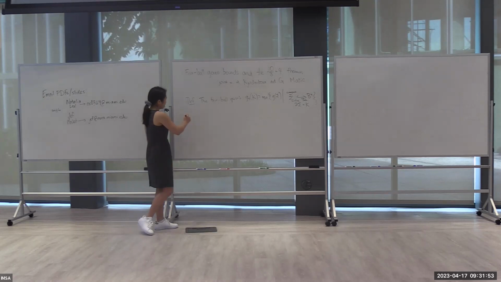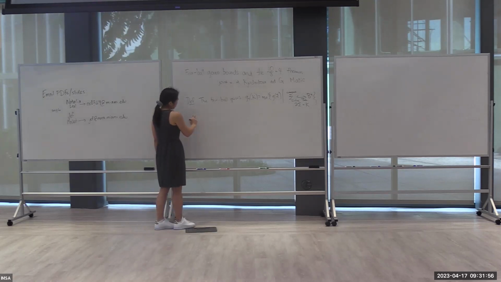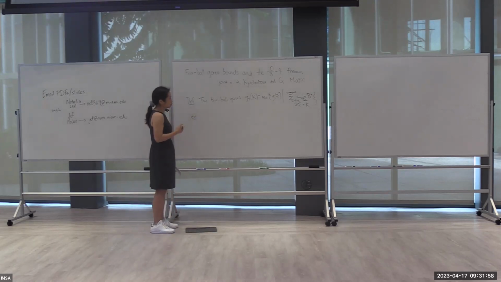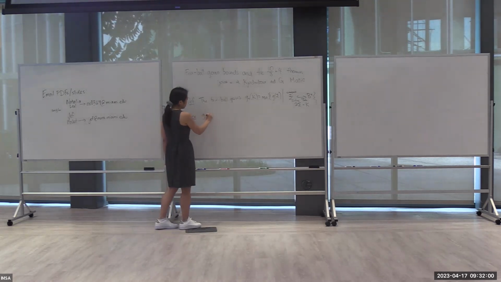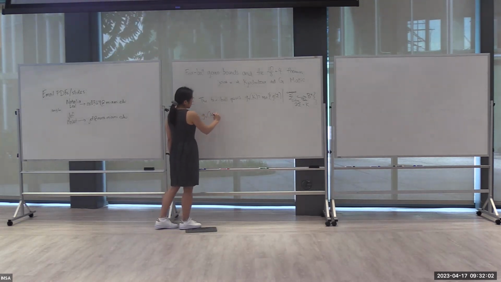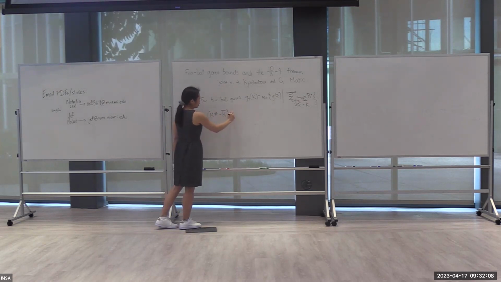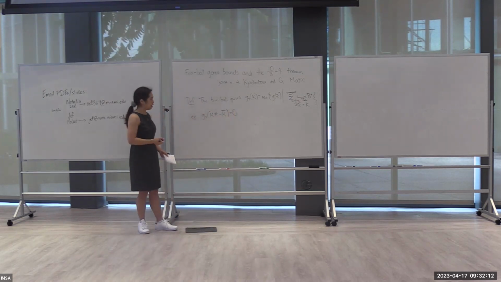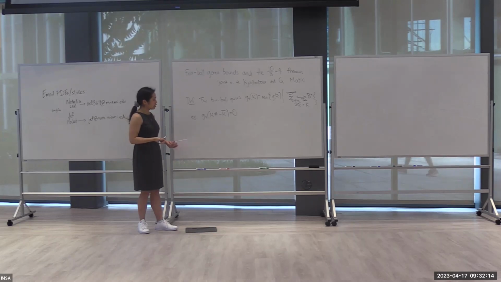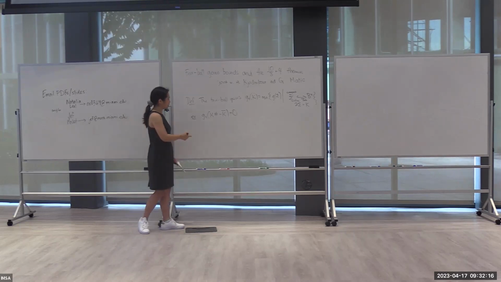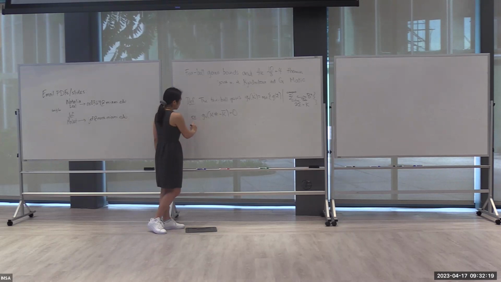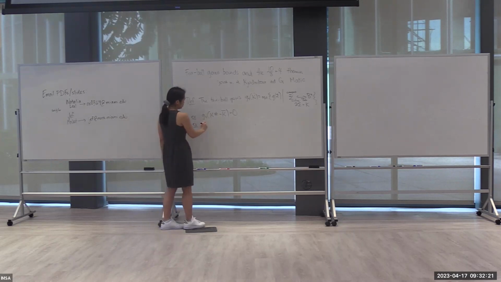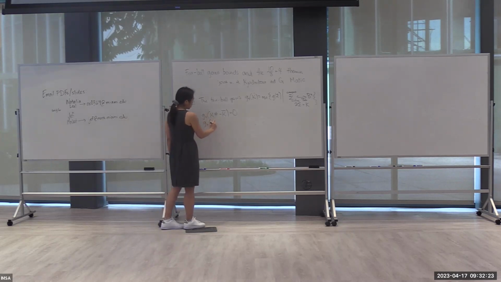For example, some knots with four-ball genus equal to 0: if you take any knot and take the reverse orientation of the mirror of the knot, this will be an example of a knot with four-ball genus 0. This is what's called a slice knot. Slice knots are knots whose four-ball genus vanishes. Other examples include the trefoil knot,